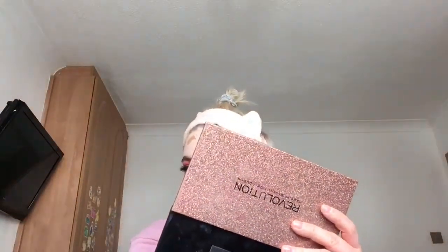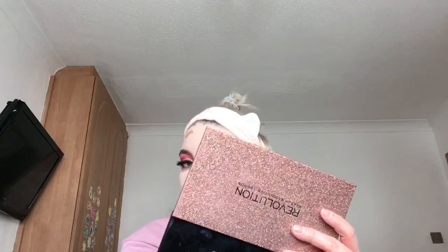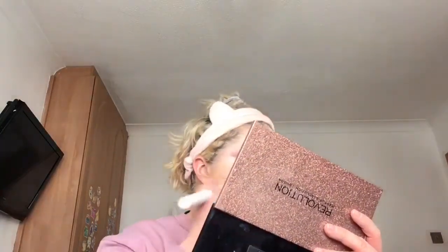Oh, it's actually nice though. I like a very warm contour. A lot of people don't, especially if you have neutral skin like myself. But I do actually like this. And it definitely blends out really easily. I know I put too much on though, so...